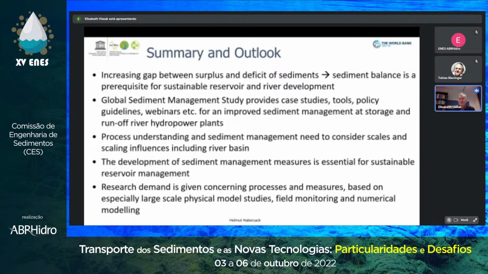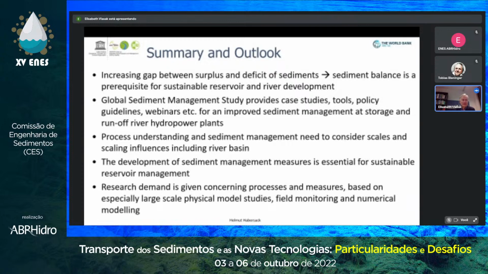On the other side, we need a process understanding, so we need to look into the scales. Again, to come back to the beginning, do not start only at the dredging, but consider the larger picture in a way, even if only qualitatively, and not only look into the reservoir. So the scales are very important. And then we need sediment management measures that are sustainable, and lead to a sustainable reservoir management. There can be quite many different measures we can select, and you would have to select, as an expert, what you want to go with.